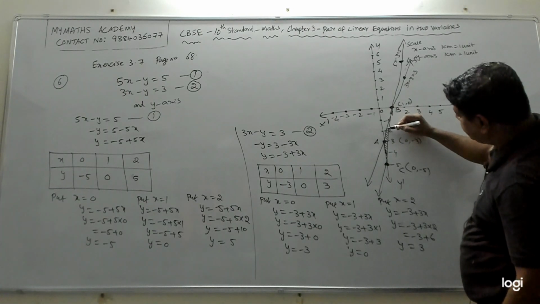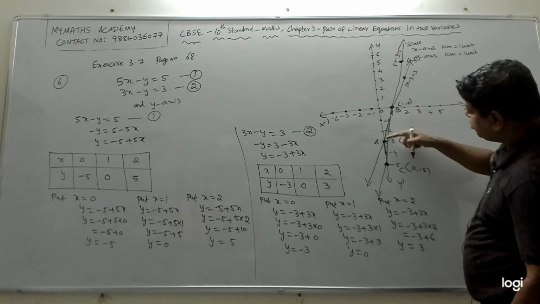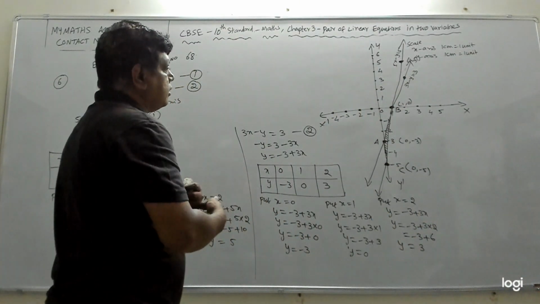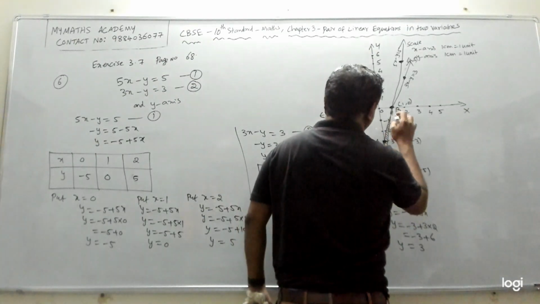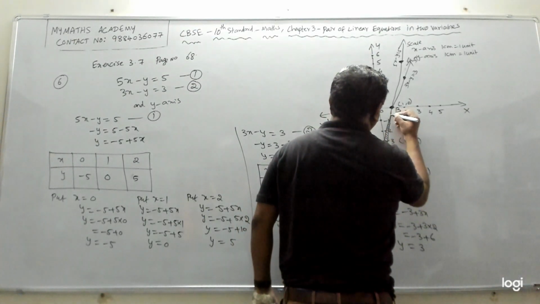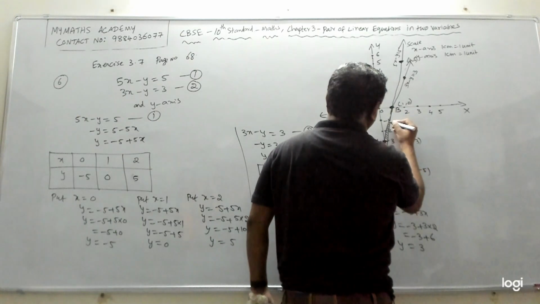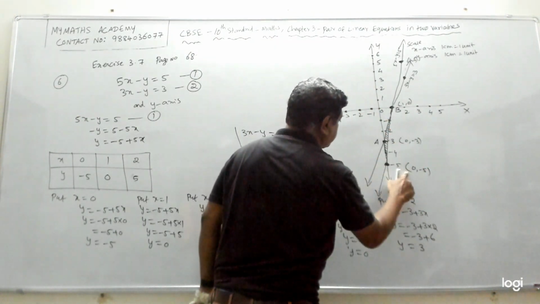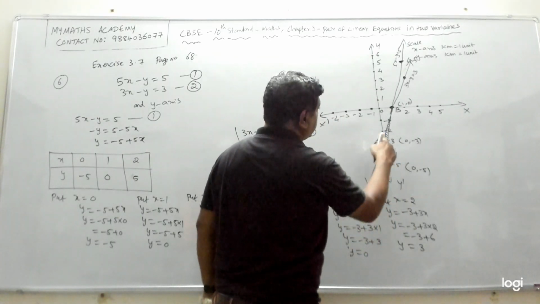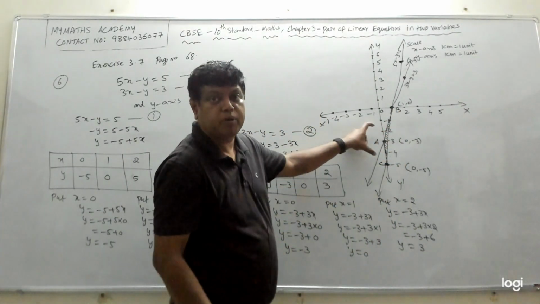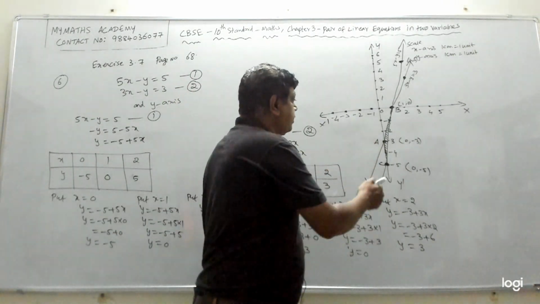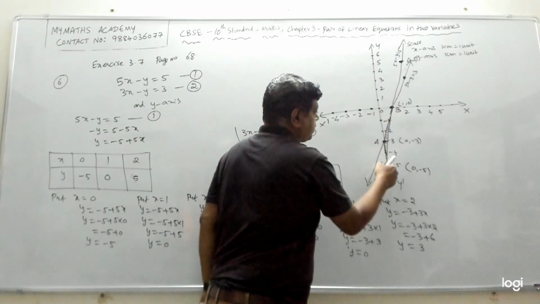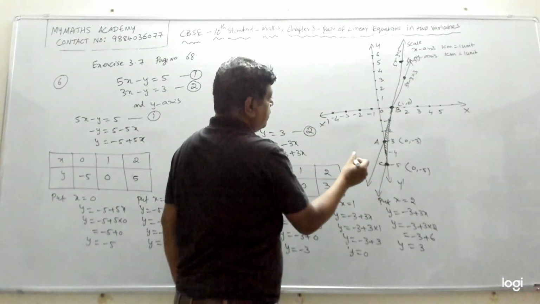You see a small triangle that is formed between these two lines and your y-axis. So this will go till this point, so it is joined here till this. So this is a triangle. This and this, so this is your point C. So this is A, B, and C. It looks very small, but if you draw it on a graph sheet, you will see a triangle like this. See A, B, and C. It's a small triangle, right?